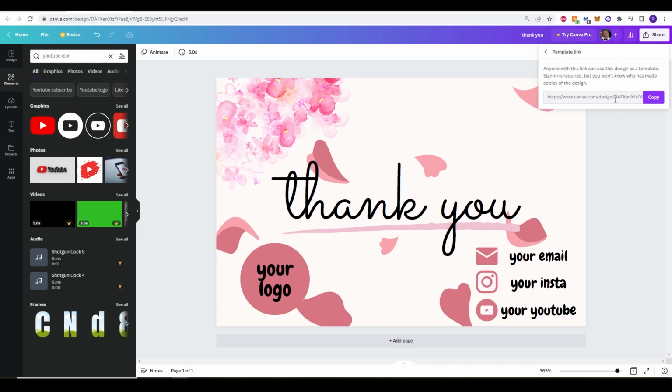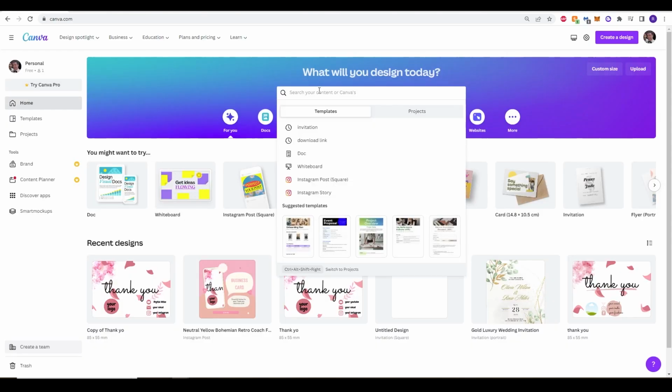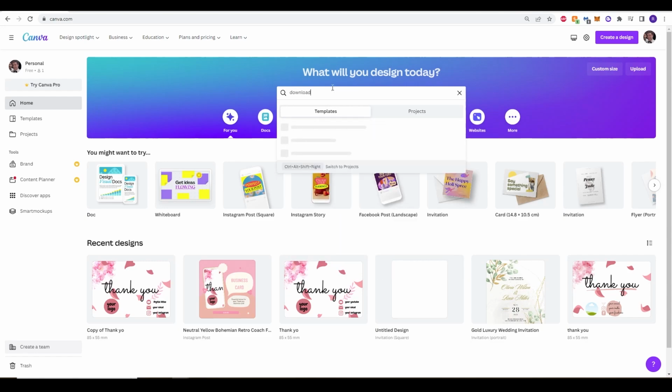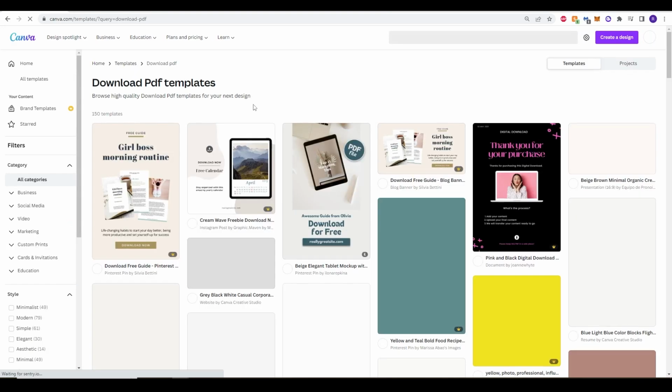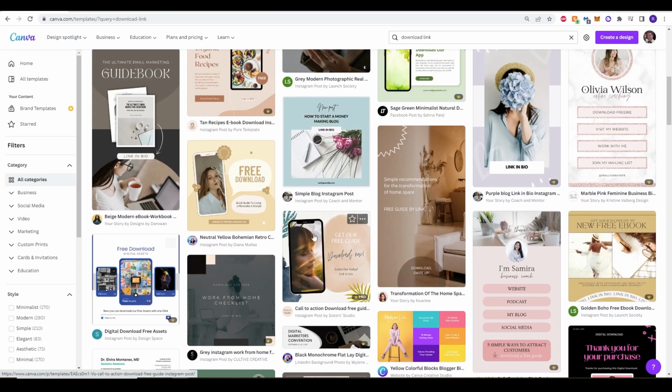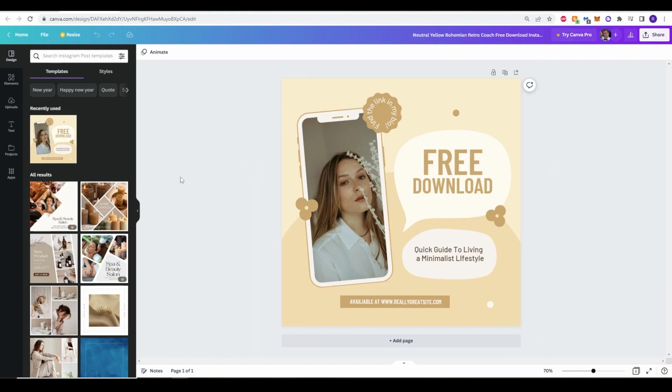So what we want to do now is create a PDF file for our clients to download once they've purchased our product on Etsy, with a hyperlink to click that will access this page here. So the best way to do that is go back into the home page again in Canva, and if we just type in download link, for example, download PDF or whatever, it will create some templates. So this one here looks fine. I'm going to click that and then just click customize template,